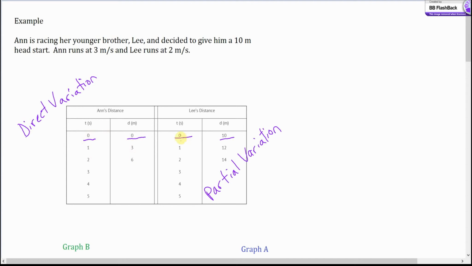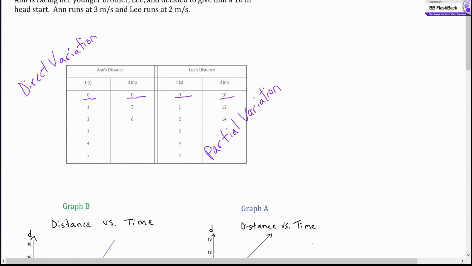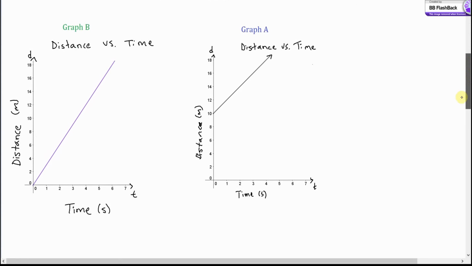In Lee's case, he had a head start. It doesn't start at 0, 0. After that, there is a constant rate it increases by. The time goes up by a second, and here it goes up by 2. Time goes up by a second, distance goes up by 2, and the distance is going to continue to go up by 2, but they don't vary directly with each other, the distance and time in Lee's case, because at t equals 0, d is equal to 10. We can see this difference